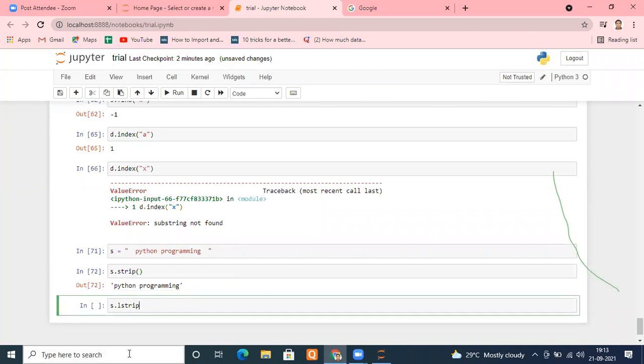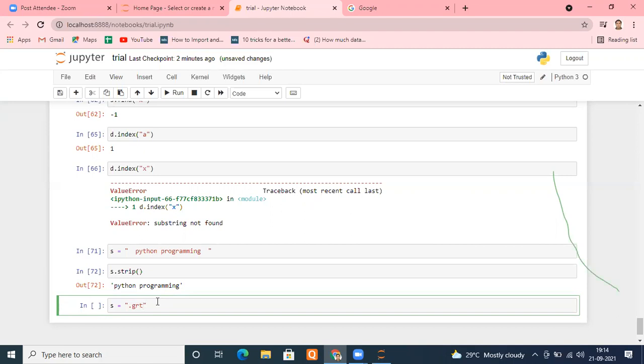Let me also deal more with strip. Suppose I'm typing s equals, using certain characters like dot, G, R, T. I'm using some characters, something like this: dot GRT, Python, GRT.